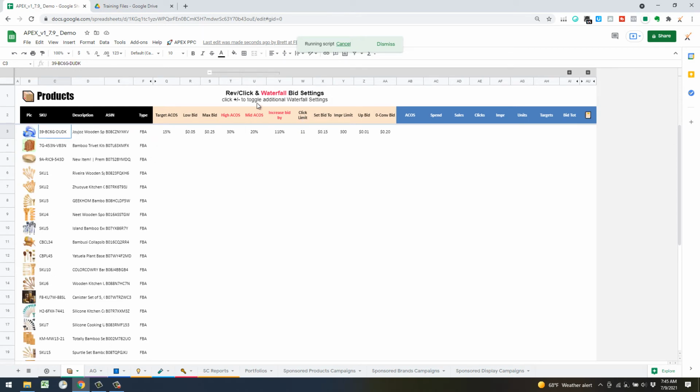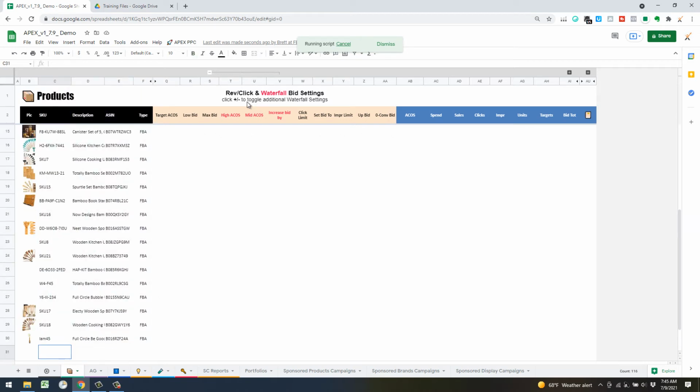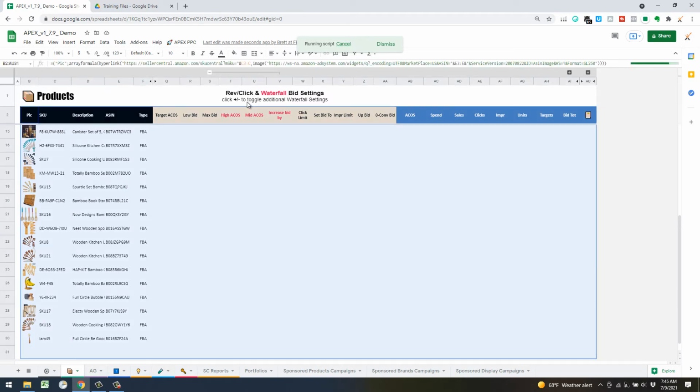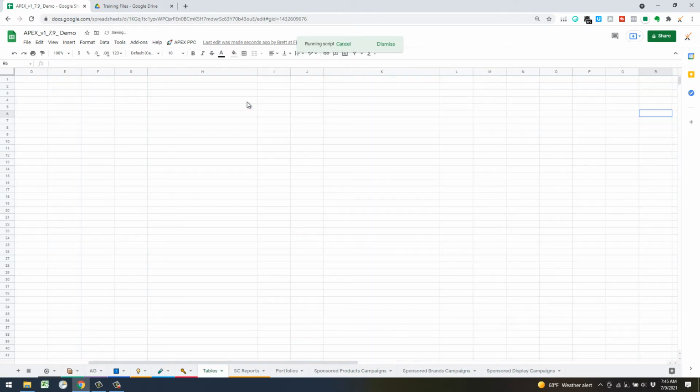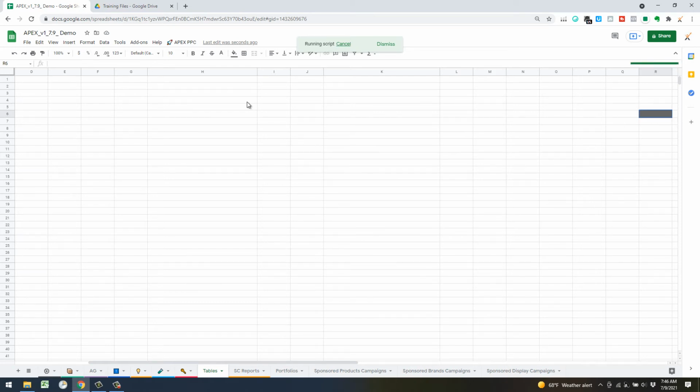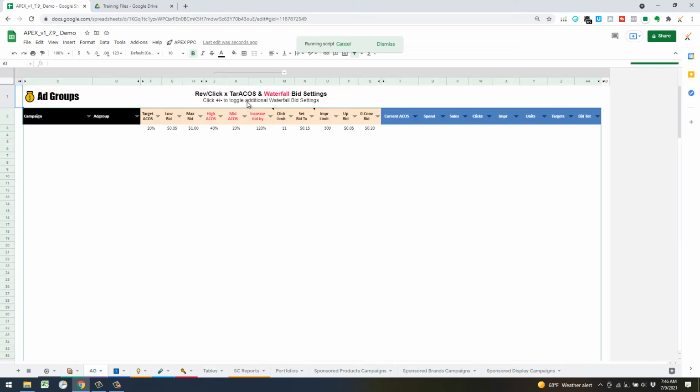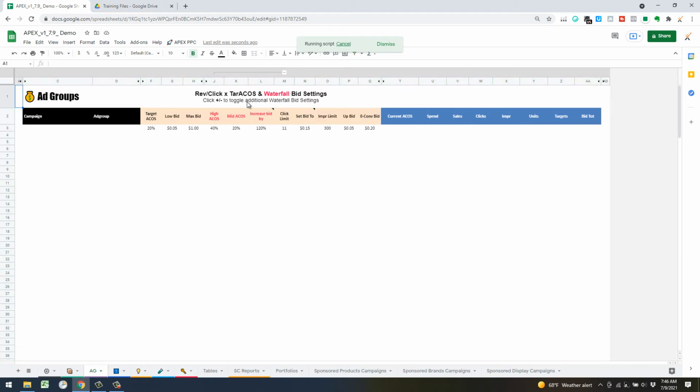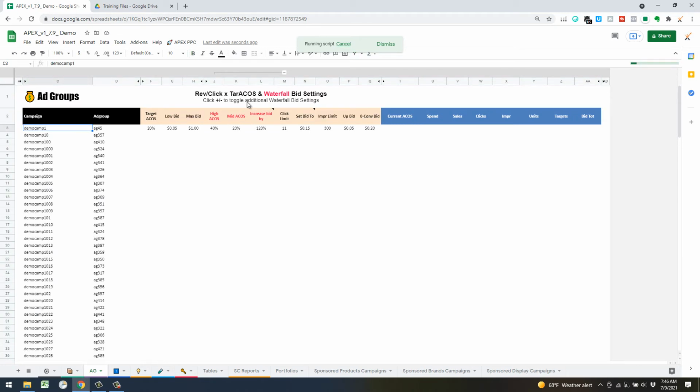I mentioned there's a few different ones that we've got integrated into the system right now. There'll be future training videos on the details of each of those, but just know that you can either use the products dashboard to put in your bid inputs or the ad groups dashboard to put in your bid inputs. The products dashboard seems to be the favorite among users, as well as myself, the one I use for my account. The ad groups dashboard, as you can see there, it just populated all of your campaign and ad groups in your